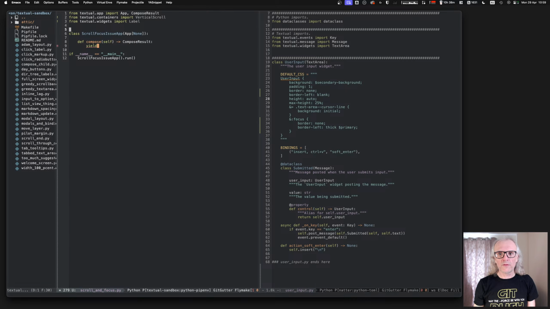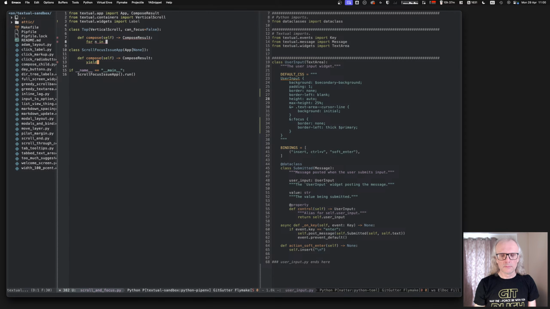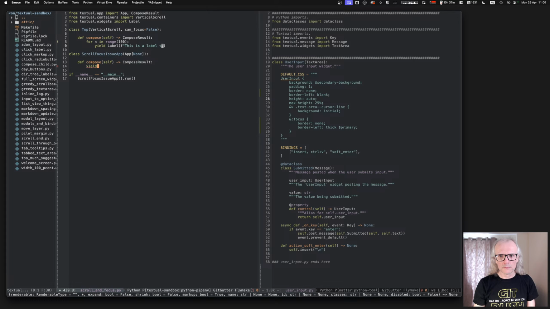Going to do that, and then what I'm actually going to do is... and let me think. And then I'm going to put, I'll put an input at the bottom.